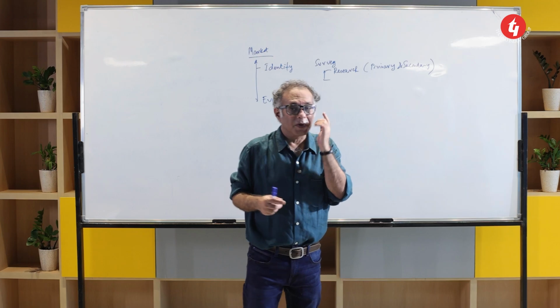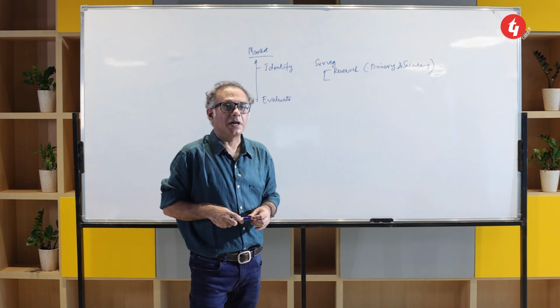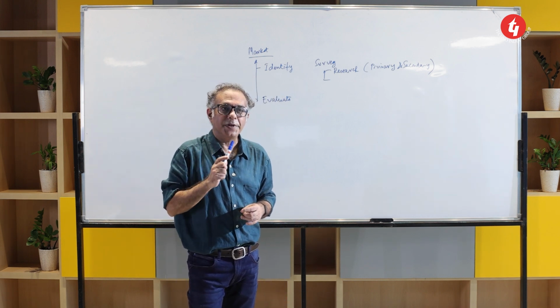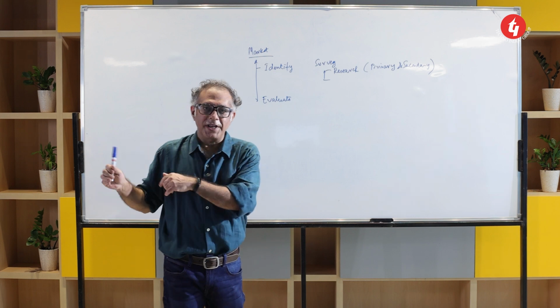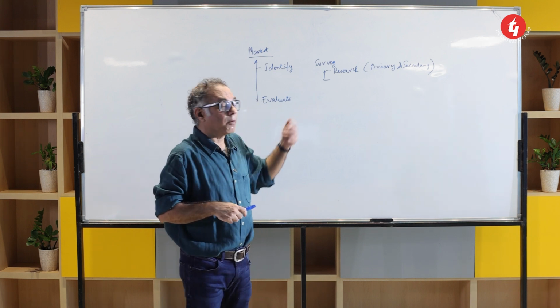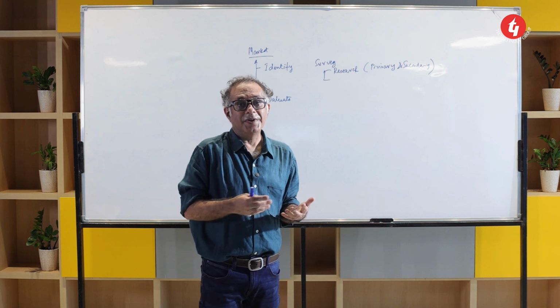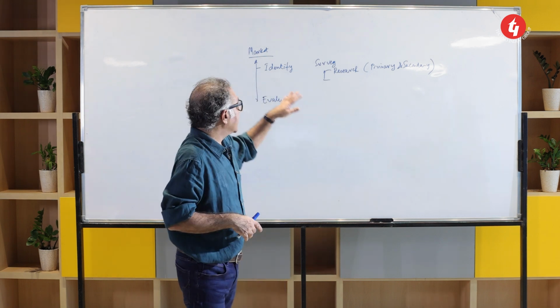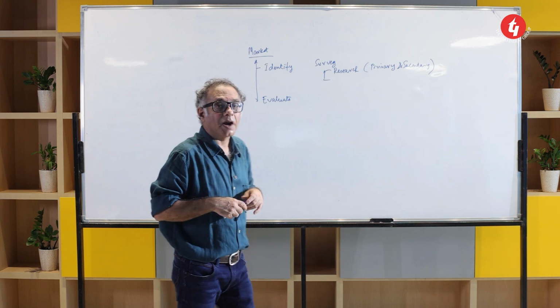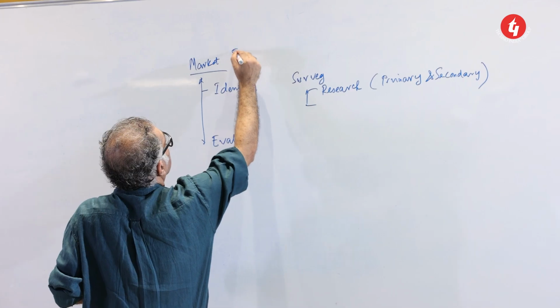Secondary is, let's say you see a news report that so many students can't speak English, and you say, oh my God, that means making a training center for teaching people how to speak English is good. But still you probably have to do some primary research to find out how much they are willing to pay, whether we can teach at that cost, etc. Each of these aspects is part of the market evaluation.